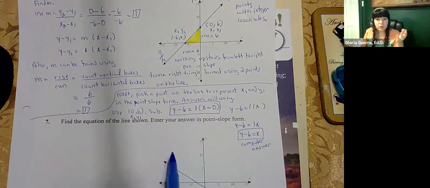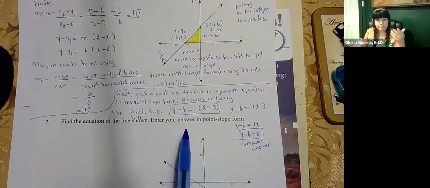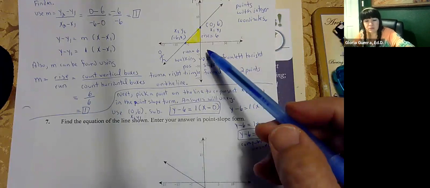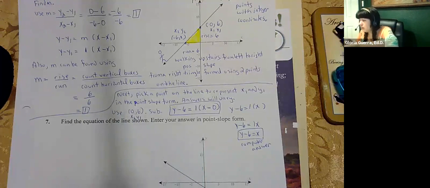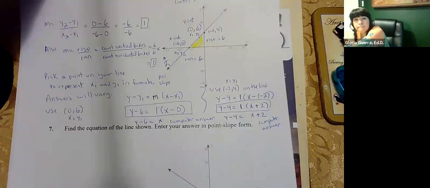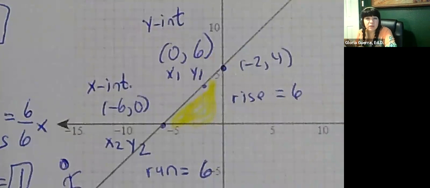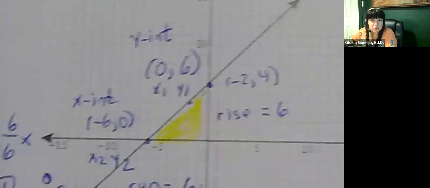If you don't want an involvement of 0 and you want a number for X1 and Y1, you just have to go back and pick a point on the line that's not an intercept. It's kind of hard to do it on this one because I can't really see my lines. But if I go back to this one and enlarge it,